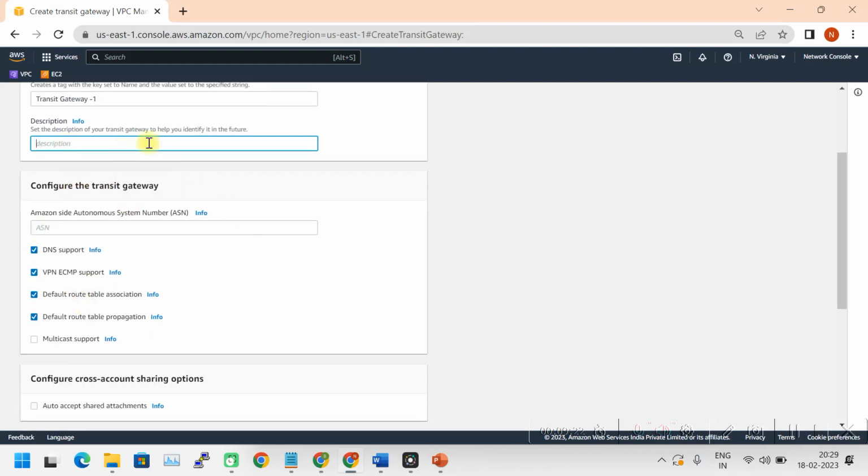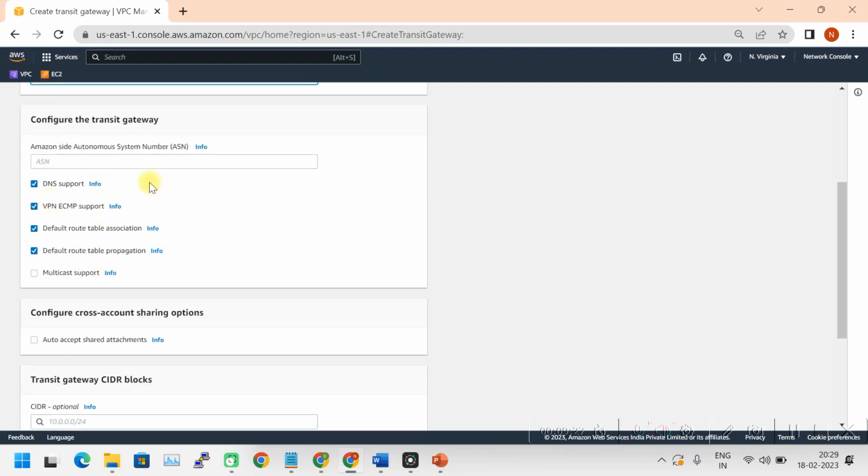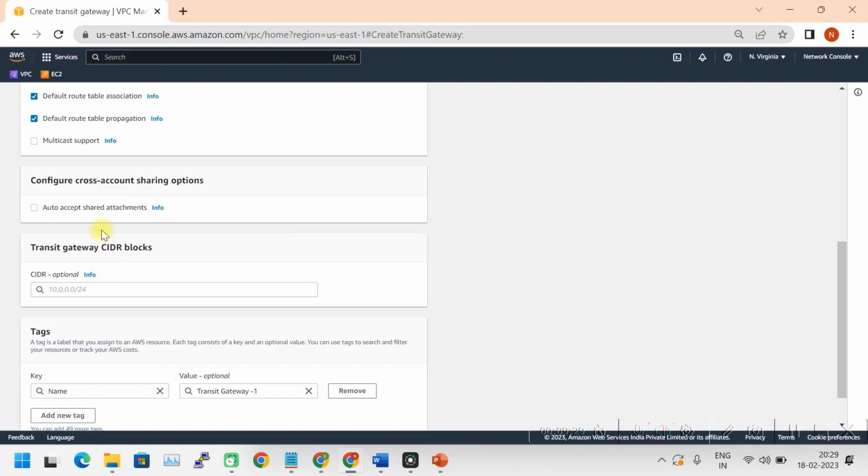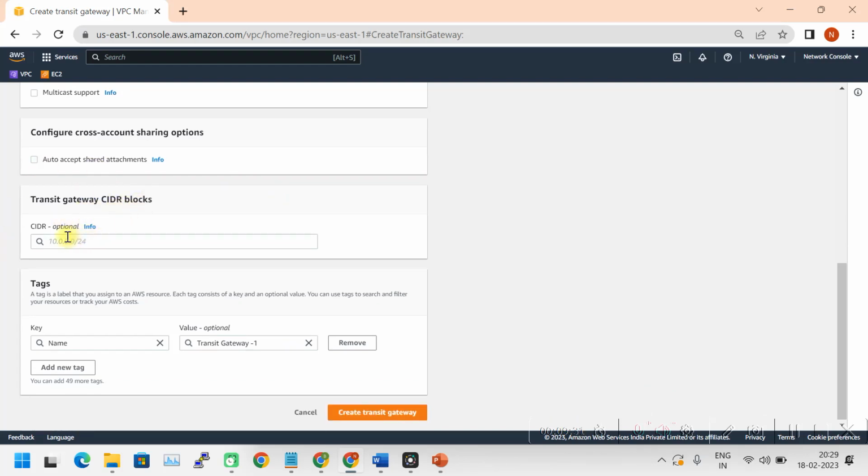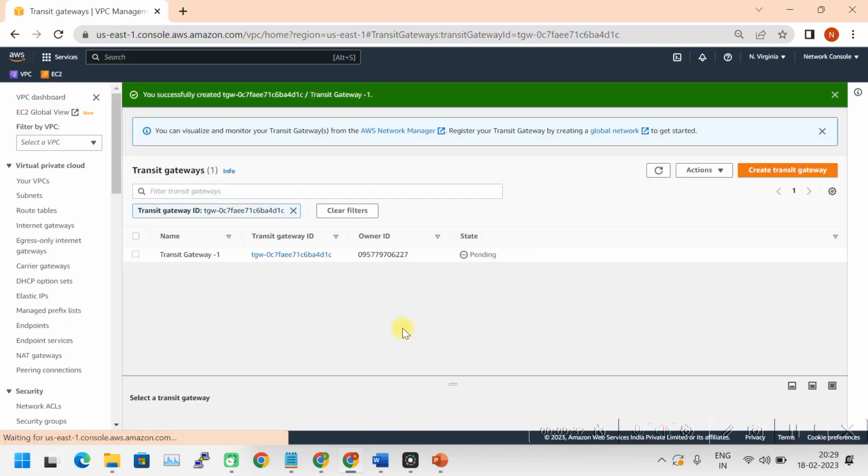For inter VPC communication, we are using this transit gateway, so no need to modify anything. The transit gateway CIDR block, we are not using this, just simply create transit gateway. So transit gateway is created now,